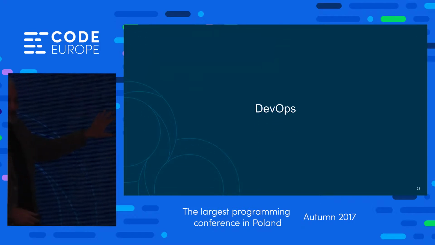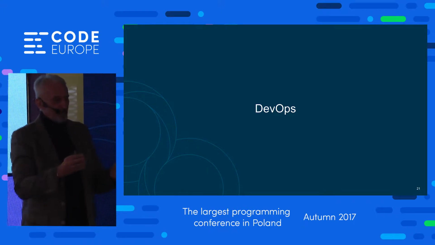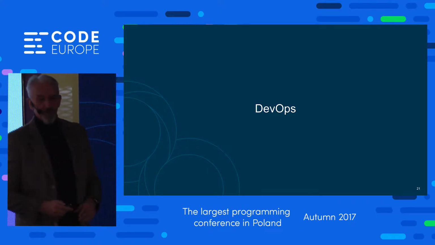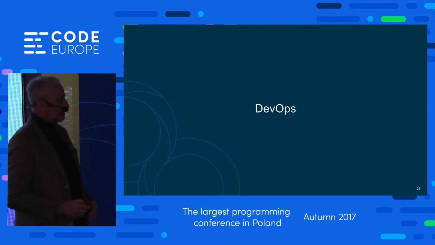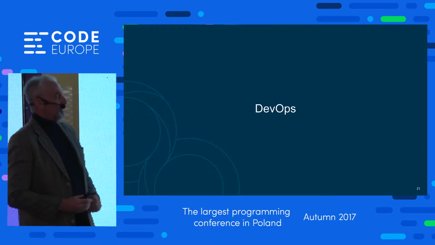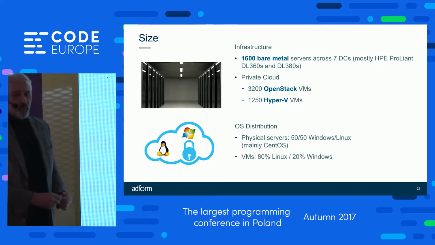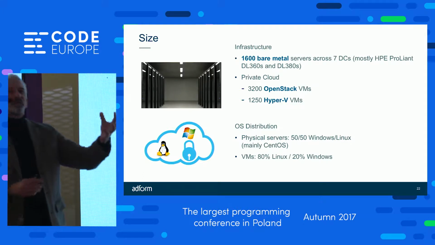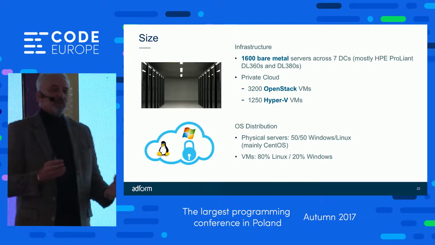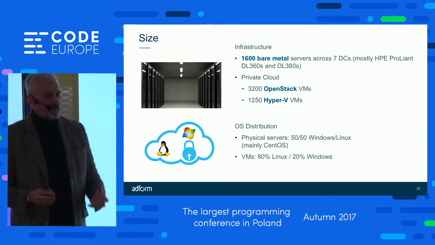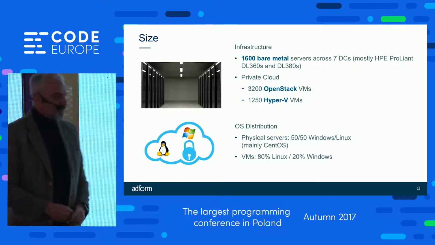So there are two big parts of AdForm. Three quarters of our revenue comes through those high available, low latency, high throughput applications. DevOps. DevOps are the heroes, all right? They are the heroes. We might be the dreamers as programmers or architects, but DevOps are like Scotty on the Enterprise. He makes it go. So that's what happens with DevOps.